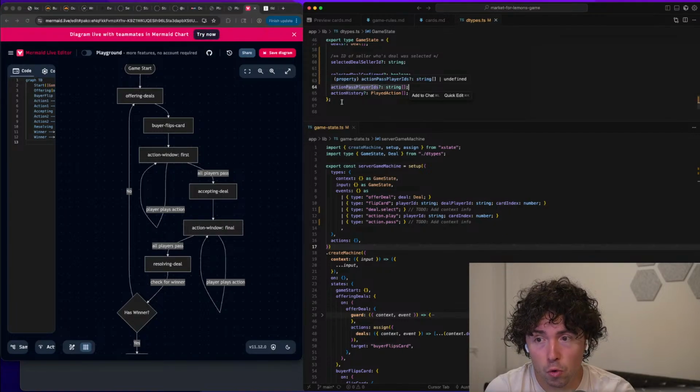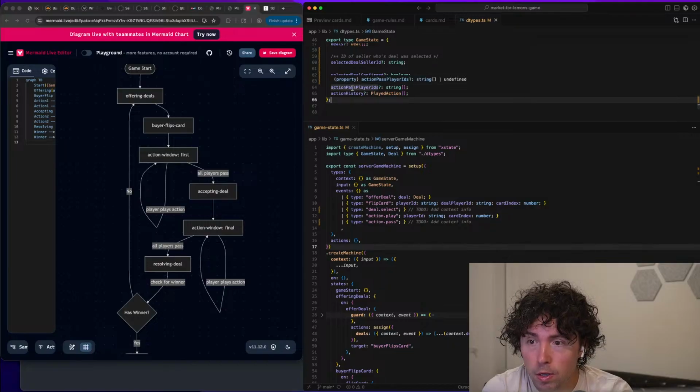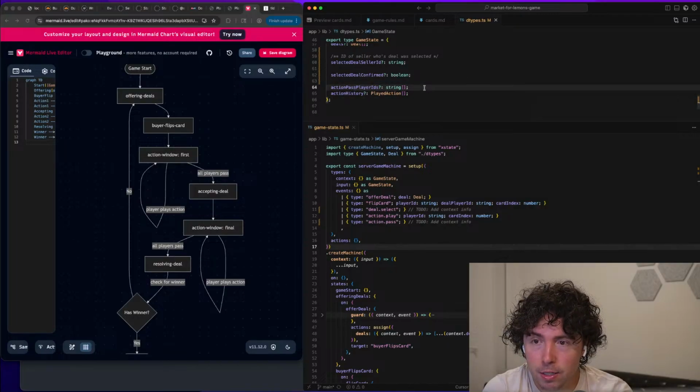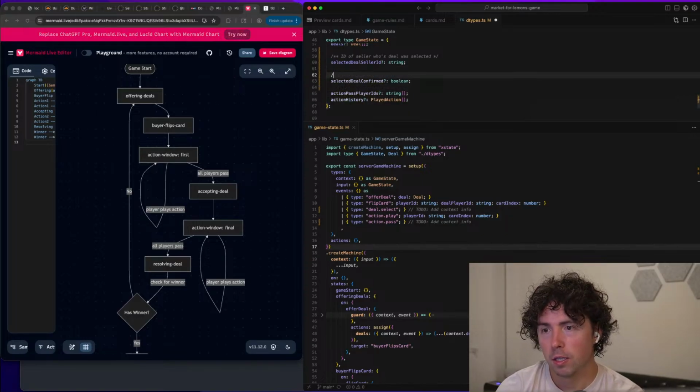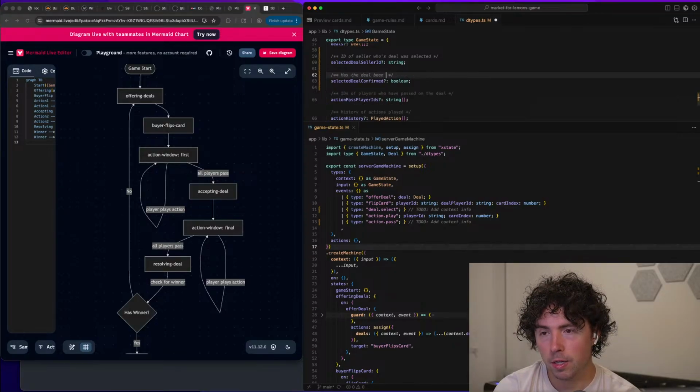I kind of think we're going to have to clear out this whole action pass player ID, which is the, has the deal been